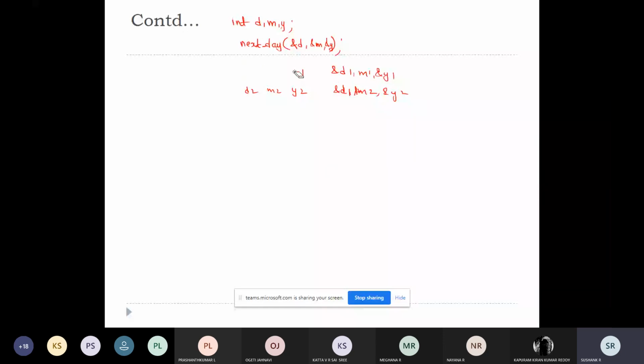To prevent this, we came up with arrays. Instead of storing it in three separate variables, we created an array where date of 0 contained the day value, date of 1 contained the month value, and date of 2 contained the year value.